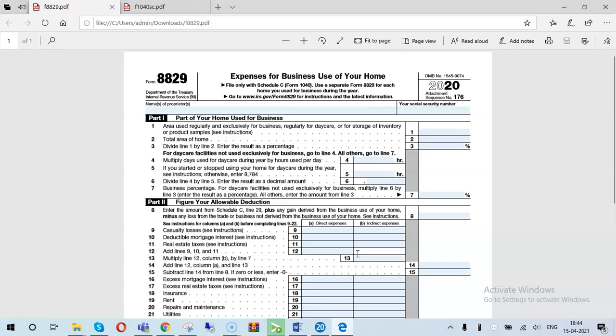Your home office will qualify as your principal place of business if you meet the following requirements. These are very important, guys. You use it exclusively and regularly for administrative or management activities of your trade or business, and you have no other fixed location where you conduct substantial administrative or management activities of your trade or business. Now guys, always remember that